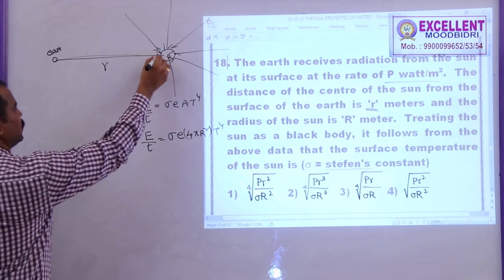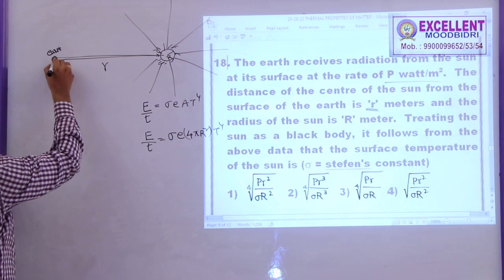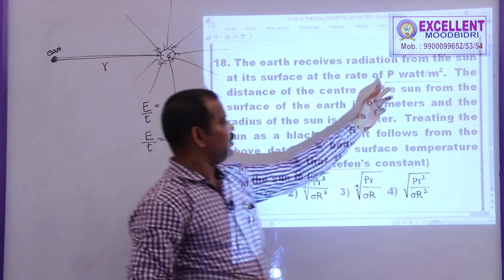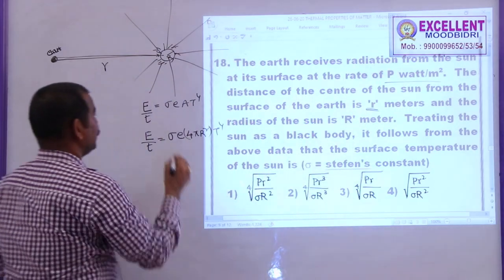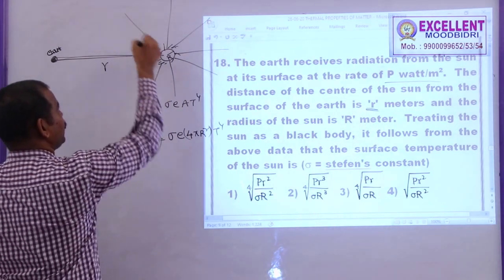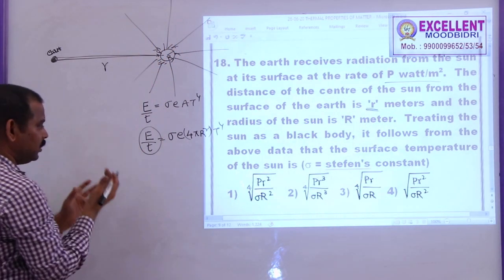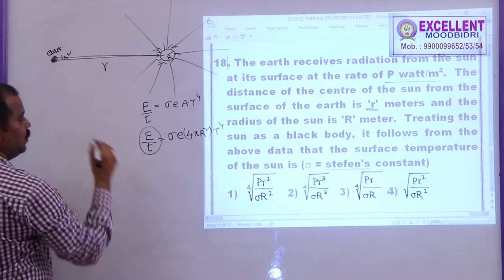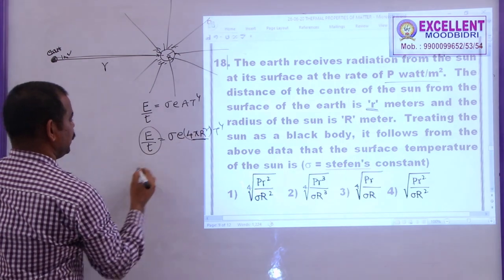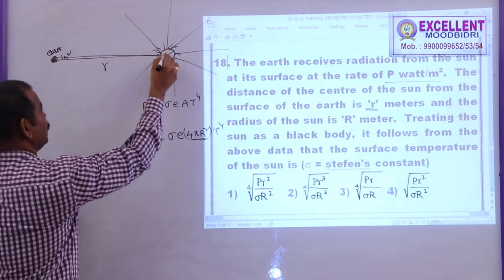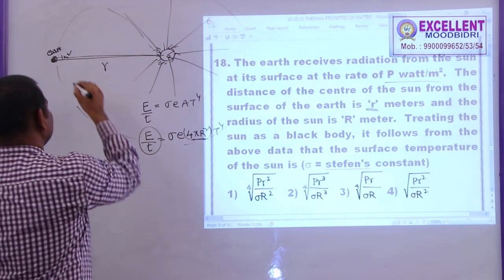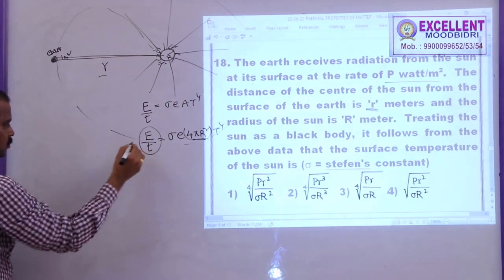But in this, how much energy will be received by earth here per unit area? Because this is for p watt per meter square per unit area. But this power will radiate in all possible directions. So what is the energy radiated per unit area per 1 meter square? This is for 4 pi r square. This is the surface area of this one. But this will spread in a big spherical of surface area 4 pi R square. So this is the energy.